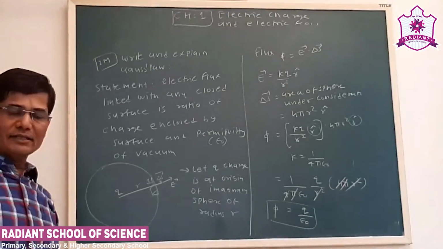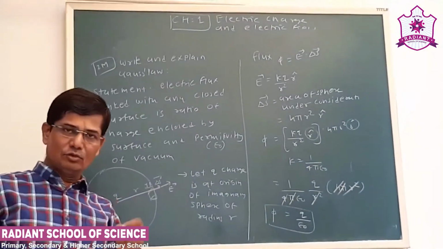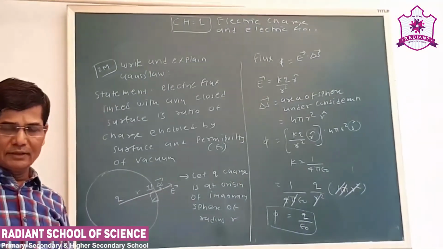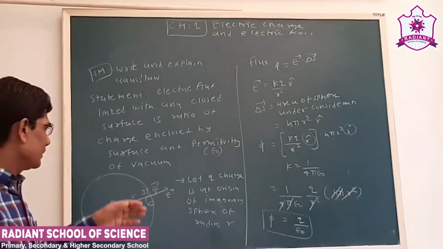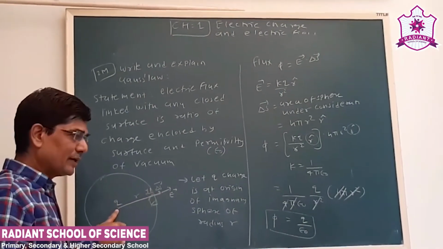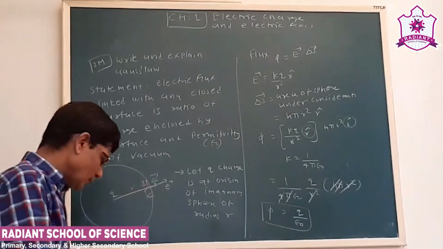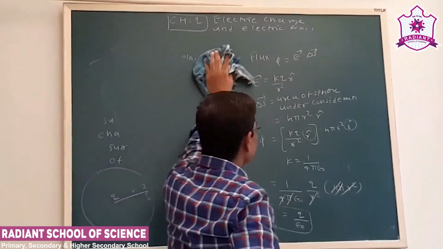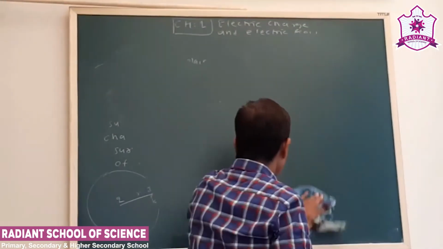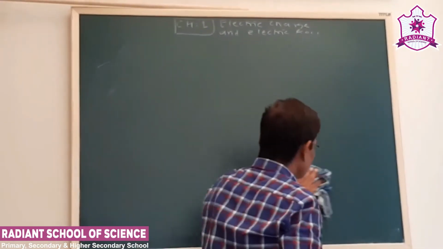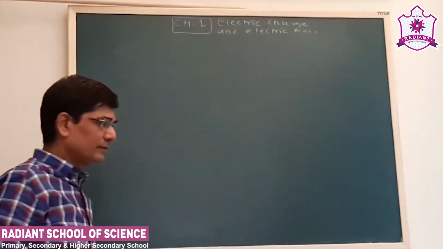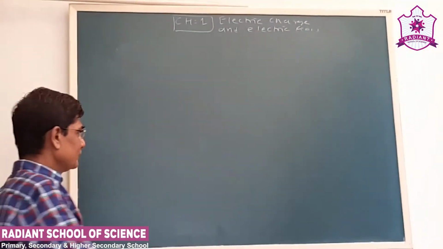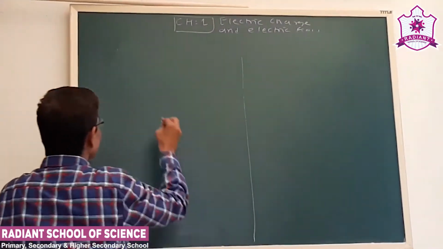Now see, as we discussed, the Gauss law is used to establish the relation between the source of the electric field and the electric field itself. So now by using the Gaussian formula, we can derive the formula of electric field due to different continuous charge distribution. So in that case, we start with the first one.